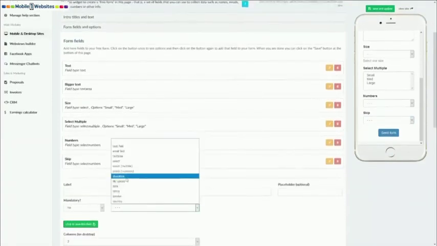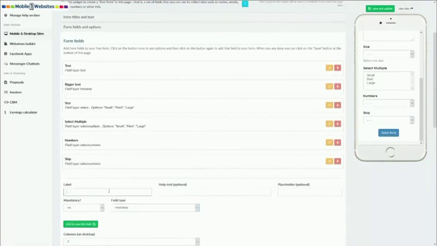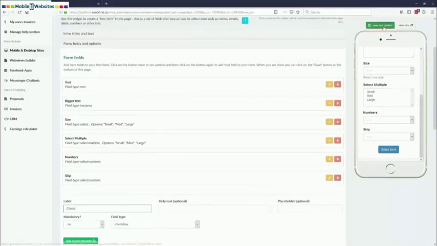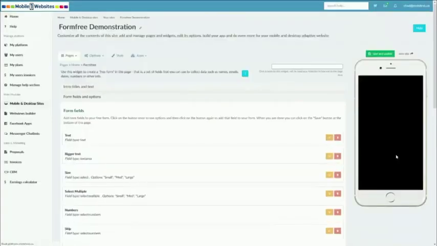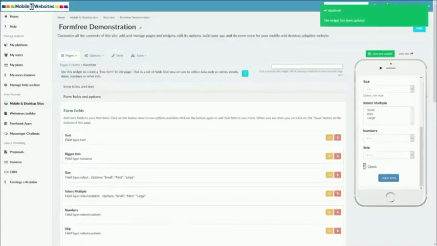You can also do a checkbox. So you would just simply say yes or no, or whatever you want for the label, and then they would be able to check or uncheck, and that'll automatically create a checkbox for you,